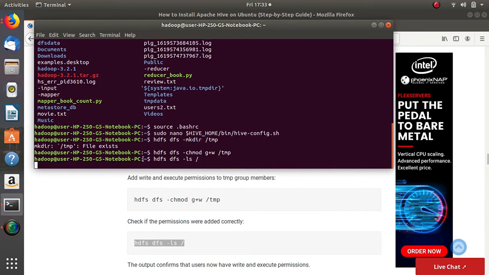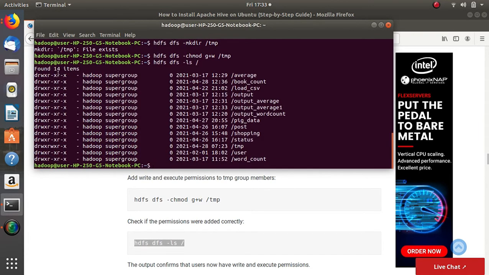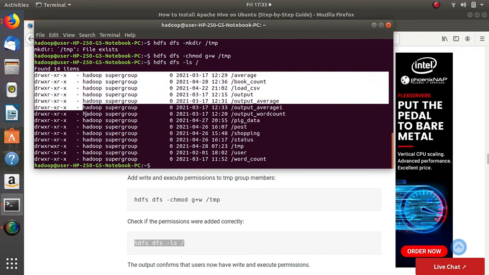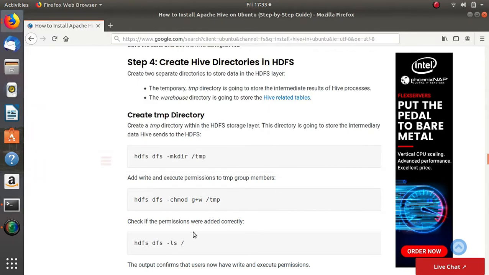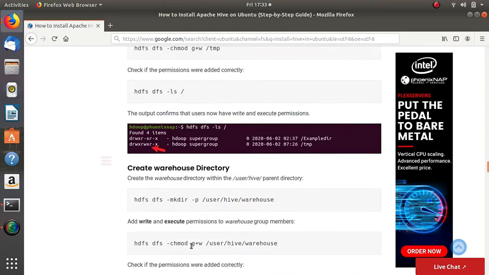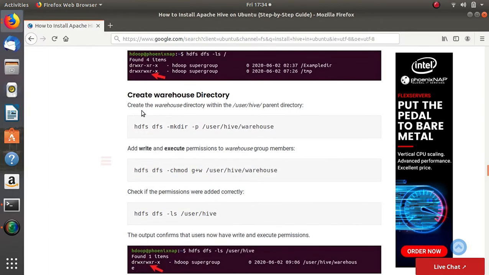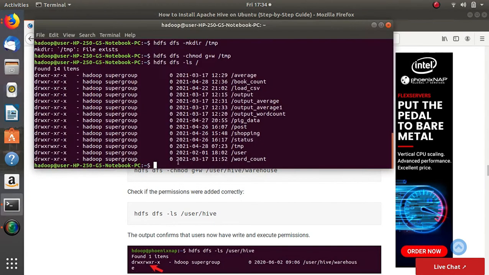It will list all the files and folders in this root directory and the corresponding permissions. After creating the tmp directory we need to create the warehouse directory. I'm using the command hdfs dfs -mkdir -p and the complete path to this directory. Using the same mkdir command we are creating this warehouse directory.